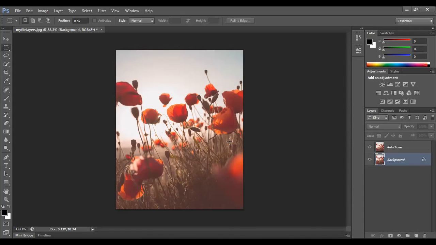Now let me quickly move forward to what auto tone has to do. I will go to the auto tone layer and select it. How do you know it's selected? The color will change. In my case, I'm seeing a bluish shade of color. You will be able to see a gray color up here. That exactly is what auto color will help you do. It's very similar, or auto tone would also help you do the same thing. What exactly will auto tone do? It will darken the darkest pixels to pure black, and it will lighten the lightest pixels to pure white. What do I mean? Let's try it out.